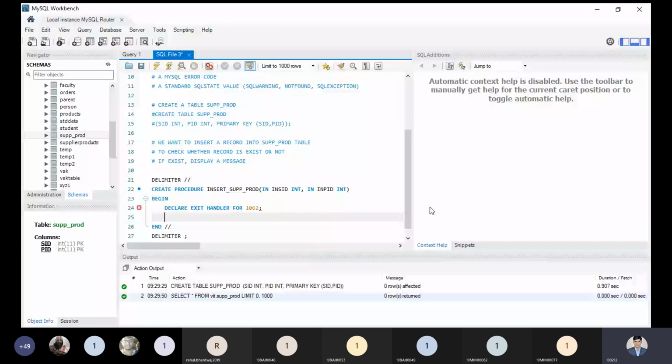If I find some error, then it should exit. So what should exit? My block, or I will exit from my block of code. So DECLARE EXIT HANDLER FOR 1062. 1062 is basically an error code.